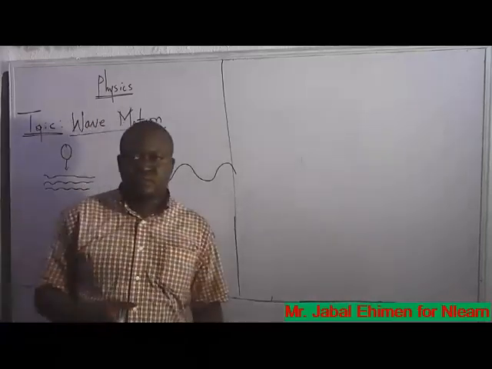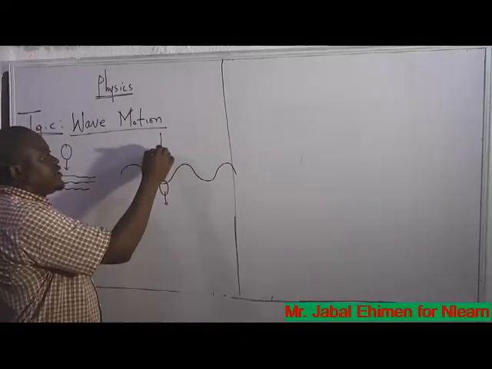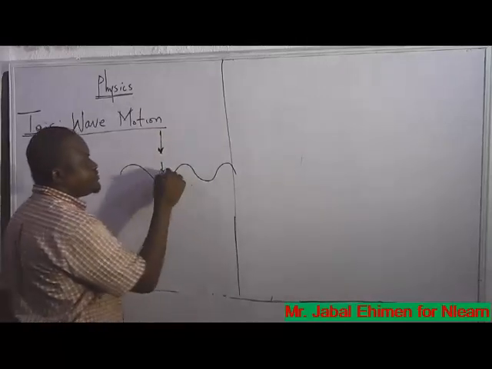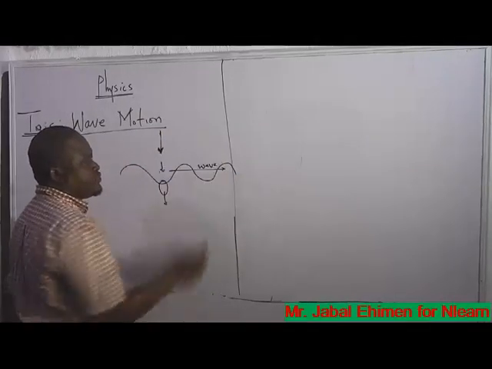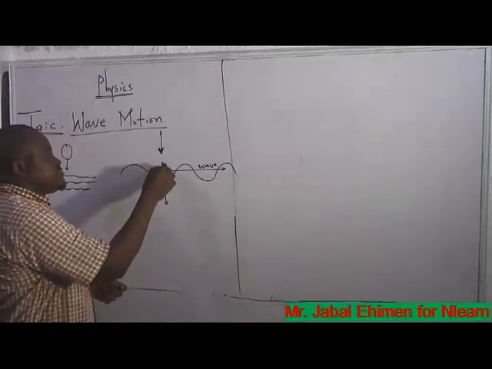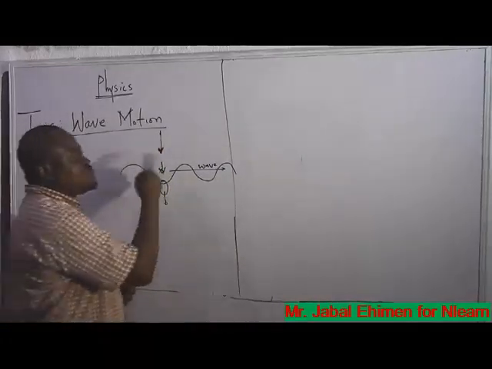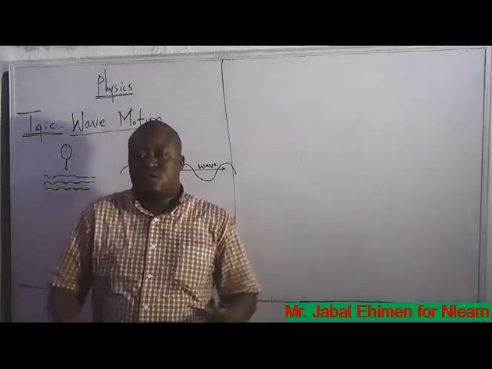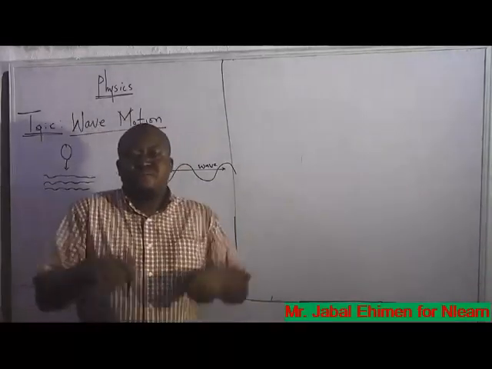So the direction at which that body hits the water is in this direction. But there is something that travels in this direction. The thing that travels in this direction is wave. So there is a displacement, but the direction at which that thing goes is not the direction at which the wave itself is going. So the wave travels, but it does not cause a permanent displacement of the medium molecules